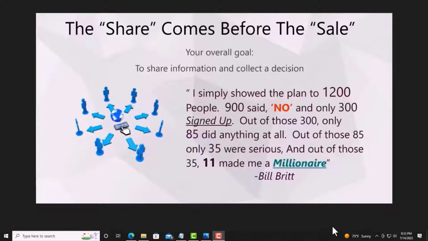So it's all about whoever you're with, whatever business opportunity you're with. Look what this title says: the share comes before the sale. So let's just take a look at this, what happened in this particular situation. We'll break it down one by one, okay? This guy, Bill Britt, showed a plan to